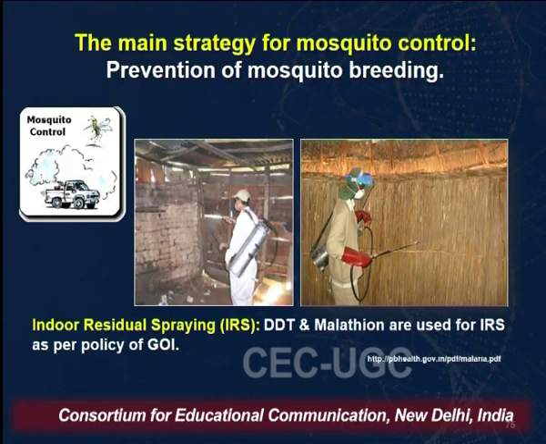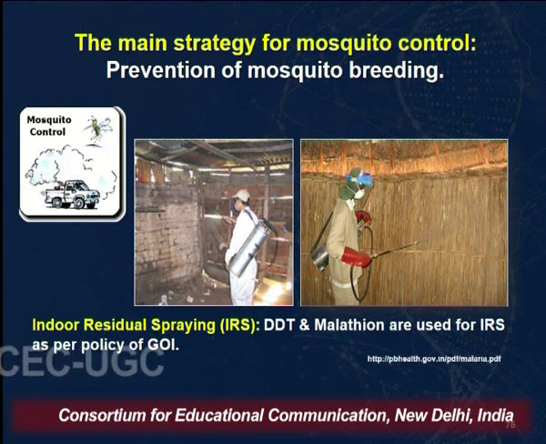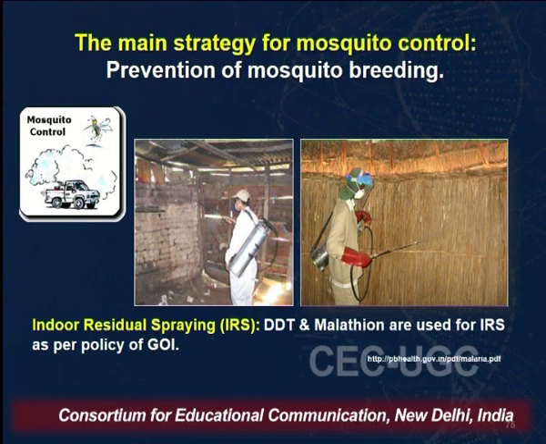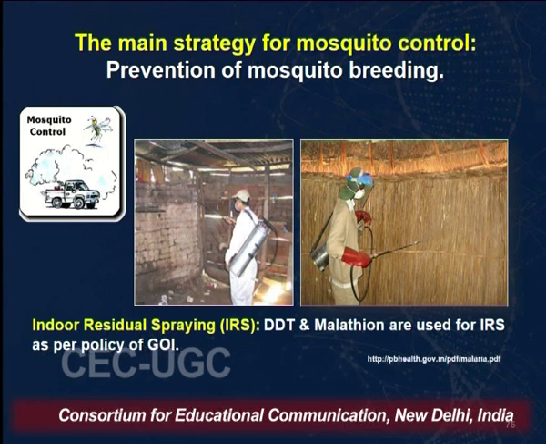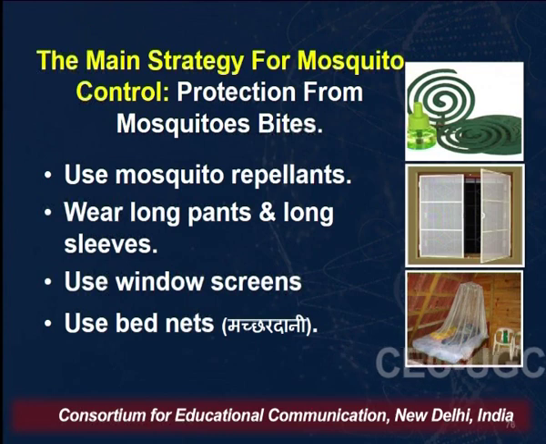and it makes it very easy to monitor the detection of chikungunya infection. Now, some of the important strategies for mosquito control is the prevention of mosquito breeding, which includes indoor residual spraying, IRS, where there are many indoor residual sprayers available, which are easily fumigated or sprayed in the areas where mosquito breeding is taking place.